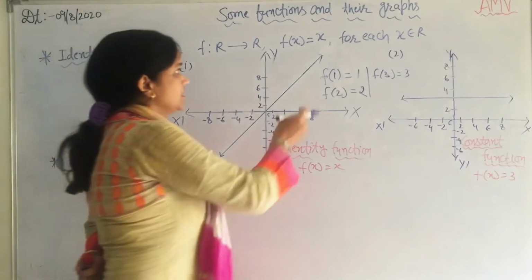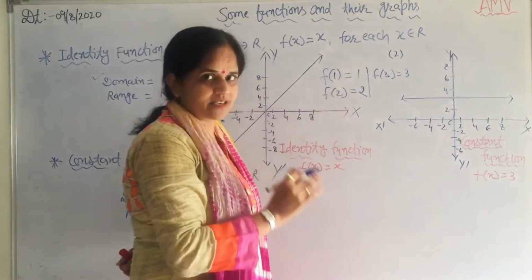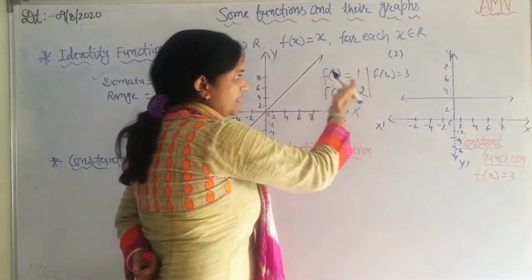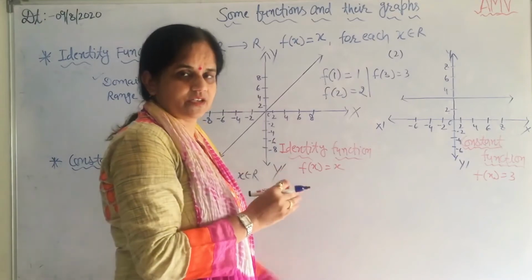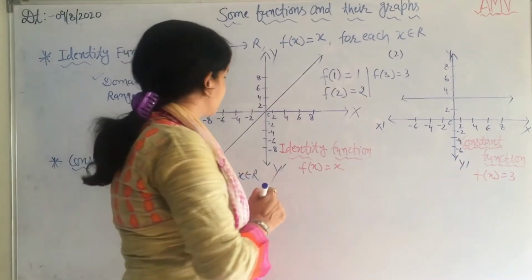Okay students, since domain and range are both the same, domain 1, 2, 3 and so on, all real numbers, positive, negative, rational, irrational, for all numbers. Next is